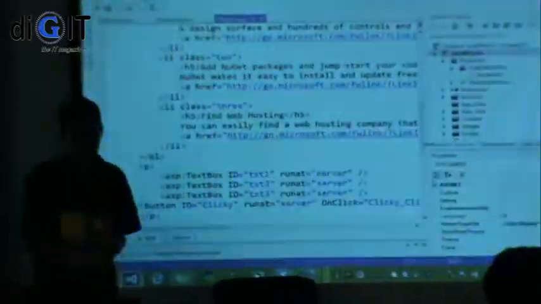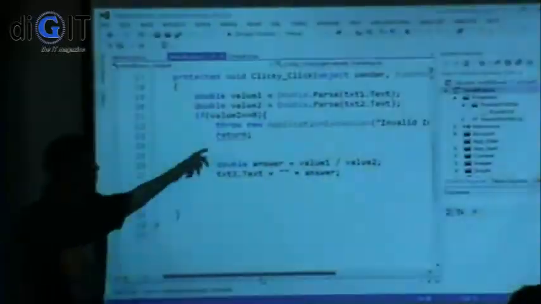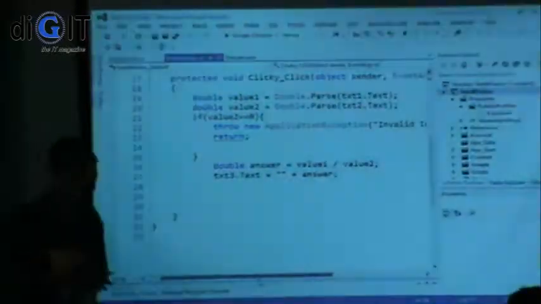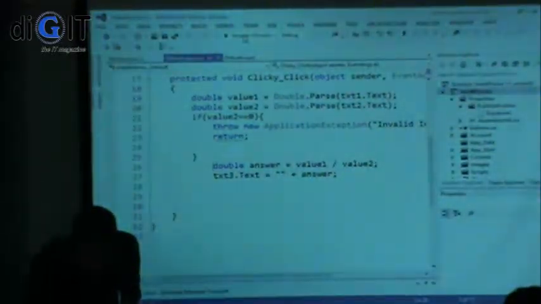3 text boxes, and what the application does is it will take the value from the first text box and divide it by the second text box and display the result in the third one. So it is a simple thing. And in the code I have stated that if the divisor is 0, it throws an application exception since it's not possible to divide by 0. So if I run this in my developer machine,